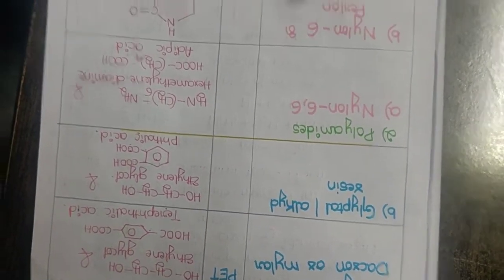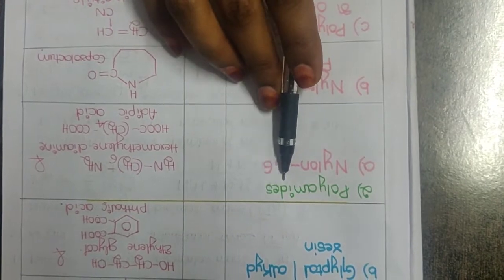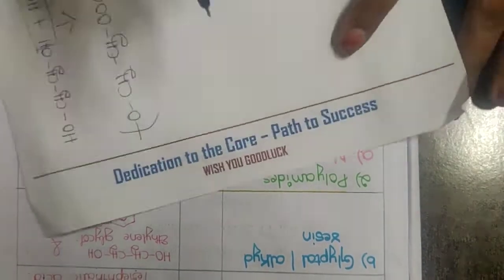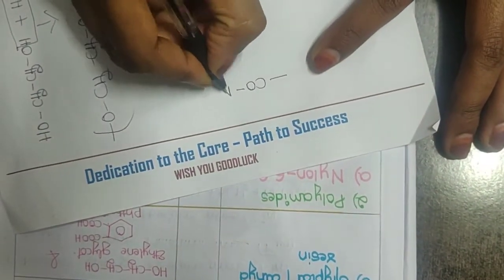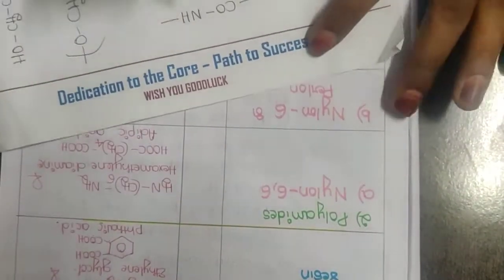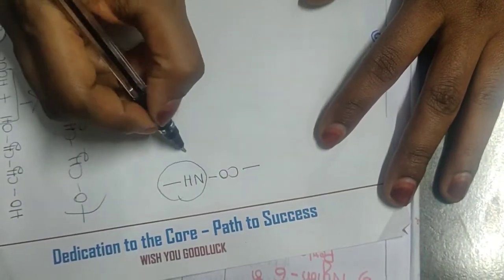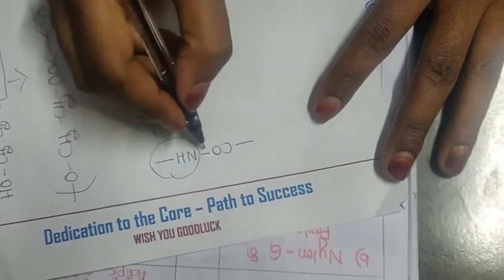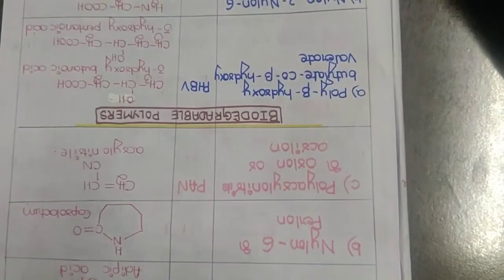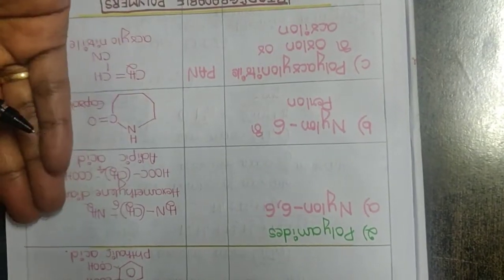Now let us move on to the next class, that is polyamide. I hope you know that amide is also a functional group which has CONH. So this group is called the amide functional group. So when do we end up with an amide functional group? I should take one monomer with an amine group and another monomer with a carboxylic acid. Therefore, we have to take two monomers, one having carboxylic acid and another one having amine group.